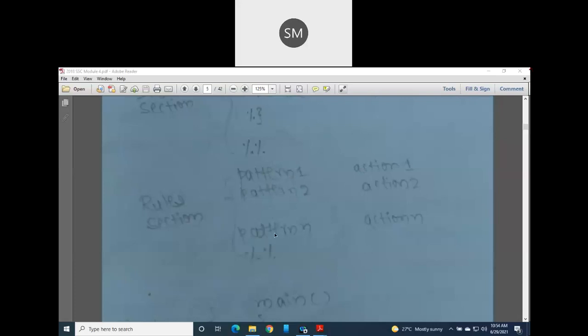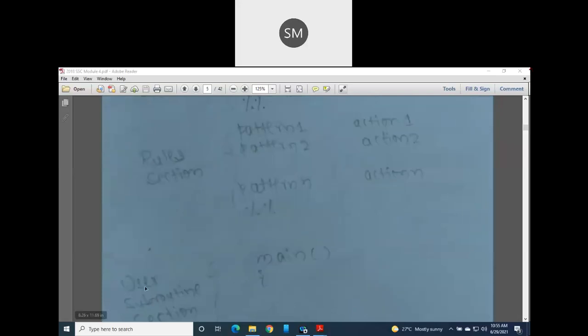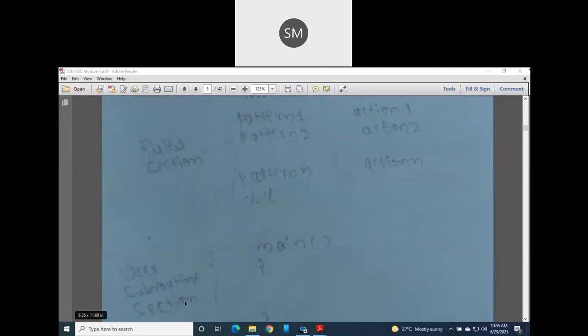Any number of patterns you can write here, and for these patterns you write the appropriate actions you want to take for each and every pattern. And how do we write these patterns, sir? These patterns are nothing but regular expressions, guys. So usually we write the patterns with the help of regular expressions. For each pattern, whatever action I have to take, I will write in the right side portion. Clear? And at the end of this rules section, once again I put a double percentage to indicate that it is the end of the rules section and the beginning of the next section, the user subroutine section.